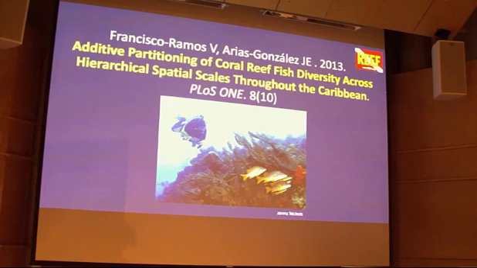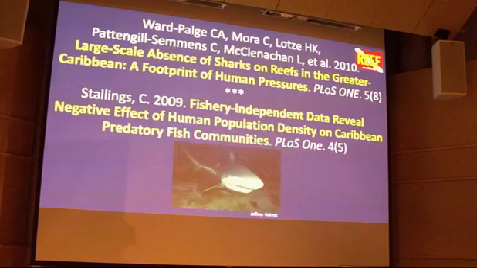A neat thing about this paper is that a lot of the folks using our data are US based, but these guys are scientists from the Yucatan area. One is from an academic institution there, and one is from the government agency, like the NOAA of Mexico. So that was an exciting paper that came out a few years ago.